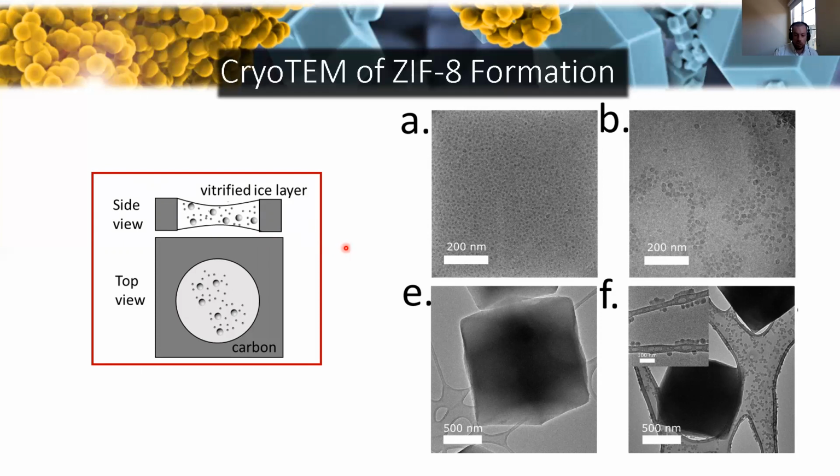And that was certainly true in this case. So in many samples where the CryoTEM sample appeared to be this kind of relatively homogeneous field of these amorphous precursor particles, or as they start to aggregate together, dry state TEM analysis would show us we already had very large formed ZIF-8 crystals. And so I want to point that out here because what this shows, which is also something that we find